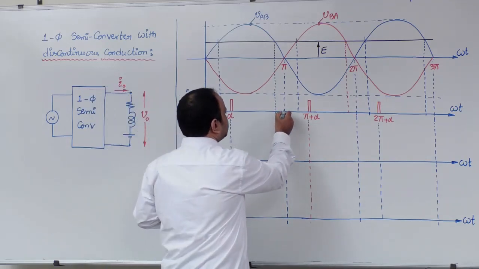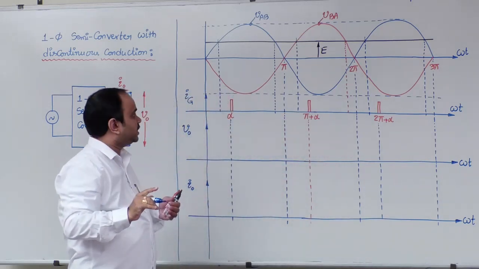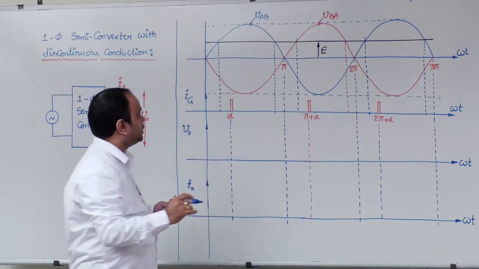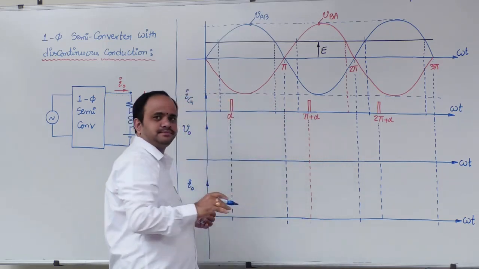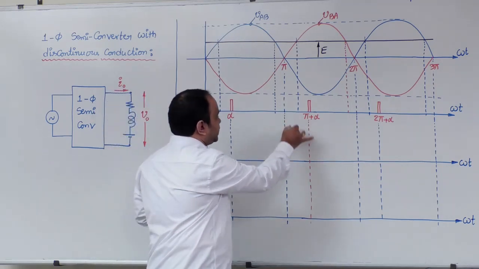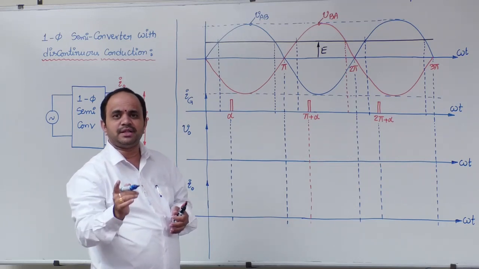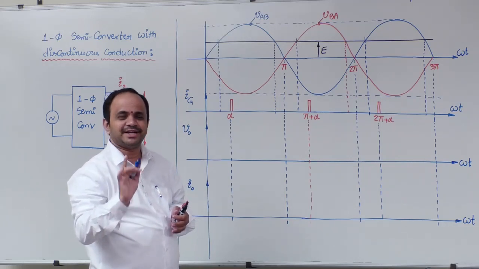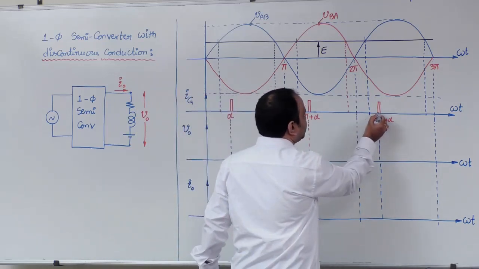Whatever freewheeling action was from pi to pi plus alpha in our earlier circuit, now that freewheeling action will finish before pi plus alpha itself. Okay, before pi plus alpha itself. That is at the instant beta. So beta to pi plus alpha there was discontinuous conduction. In the similar way, 2 pi to 2 pi plus alpha,